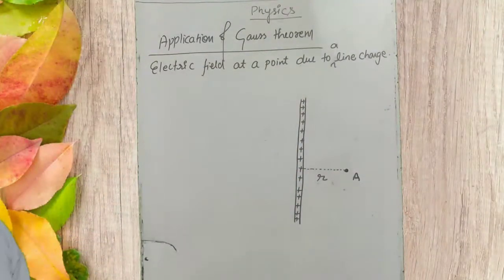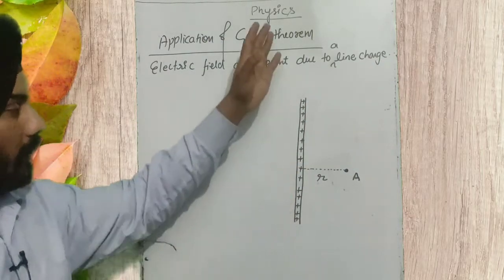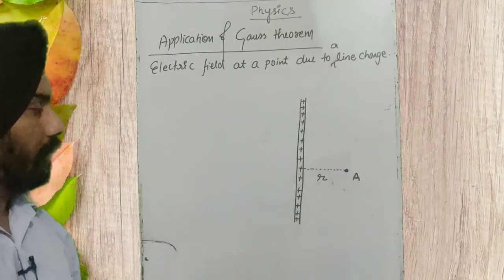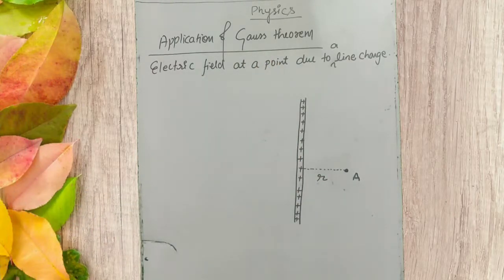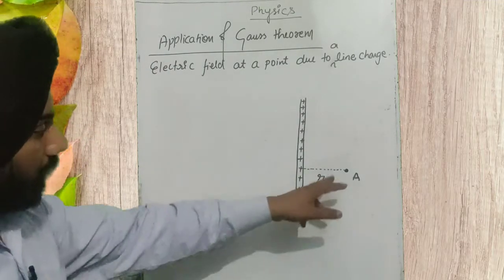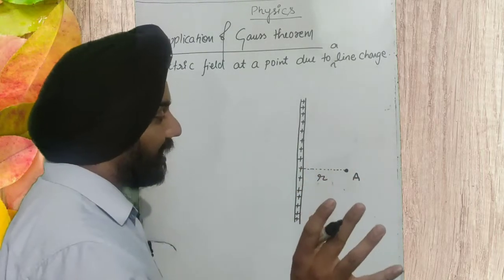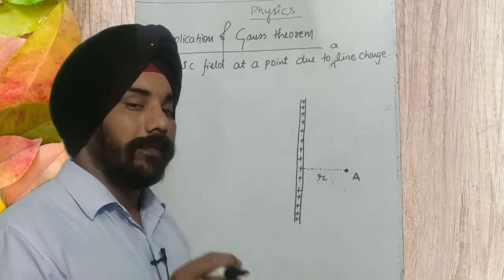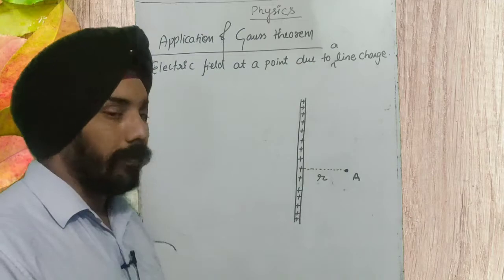The charge I have given to a wire, it is a line charge, because we are talking about it. So what is a line charge? A kind of conductor we have, a kind of wire, to which charge is given, and the charge is distributed along the length of this wire, and we have to draw a Gaussian surface to find out the electric field at point A. Okay, so I have to draw a Gaussian surface, and a Gaussian surface is a hypothetical surface which must pass through the point where the electric field is to be calculated,